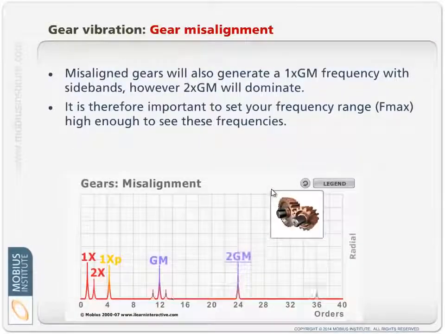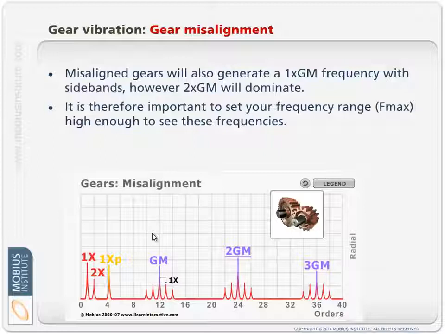So in this case, we may still see sidebands as normal, but we see a change in the vibration. And just as we often do in relation to normal misalignment between motors and pumps and so on, we may see that twice gear mesh frequency will increase in amplitude more than just the normal gear mesh peak. But the bottom line is,